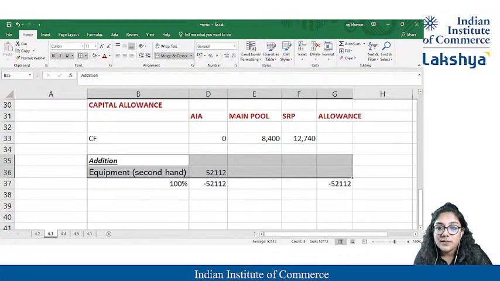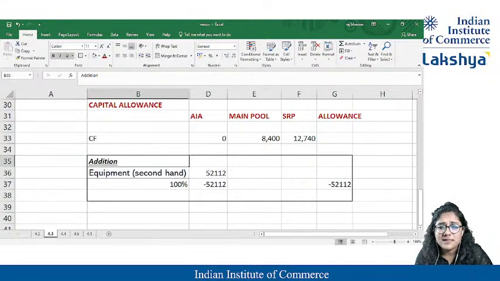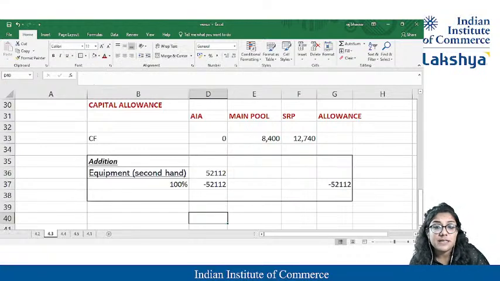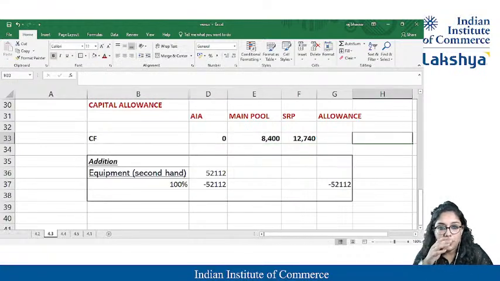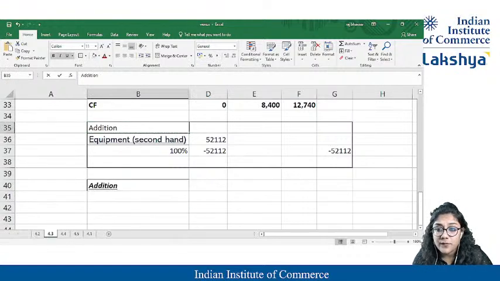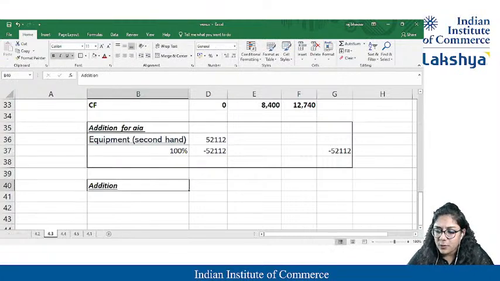I hope you understood this. This is something we already know, something very common. So this was my first addition. This is my opening balance, and this is my first addition. Am I getting any addition? Have I purchased any addition for the qualifying thing over here? It was for AIA. Okay, I'll write it for AIA. Over here, did I get any addition for